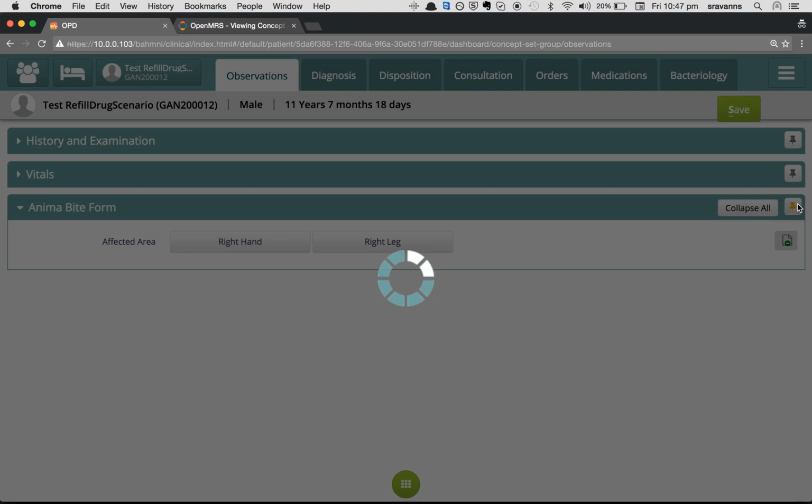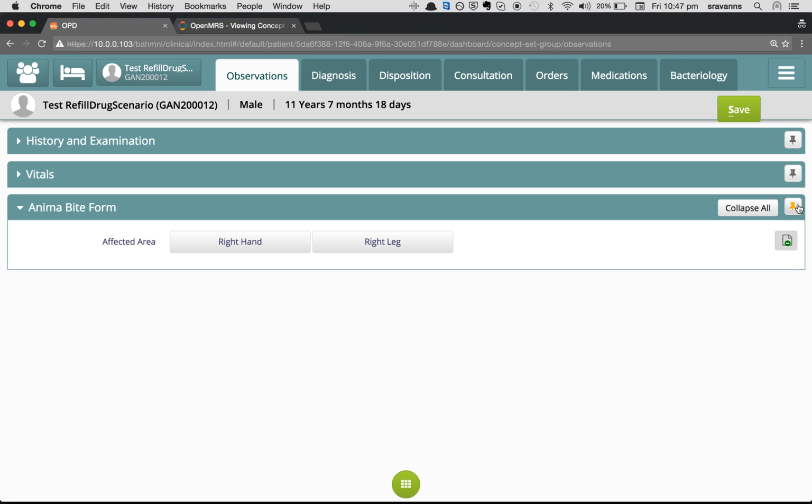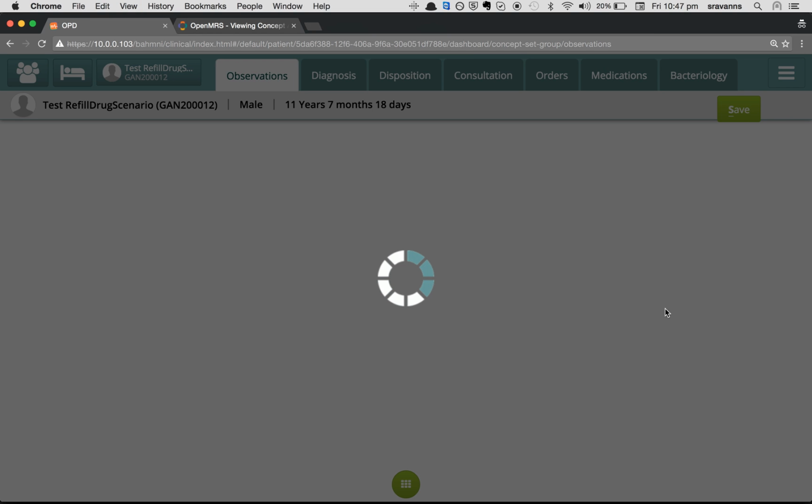So I'm pinning this particular form, which means I'm marking it as favorite. So every time I refresh, this particular form will still be there on the same page. So previously it is disappearing, and I have to click on this icon to get this back. So if you can pin this and refresh and see, the same form will still be there on the